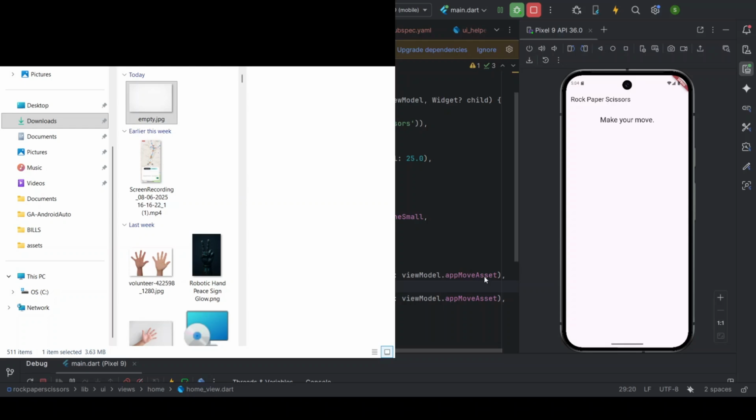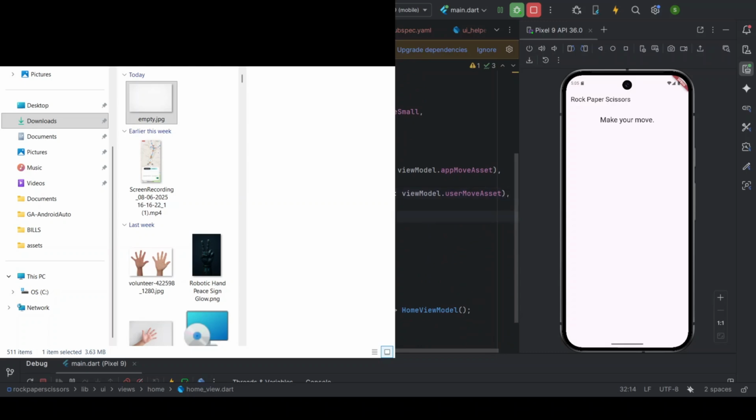It will be horizontal space small, and user move will have the user move path, move asset. Right. Okay. So let us save my code and